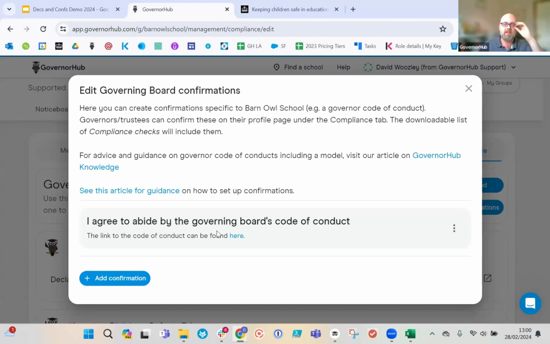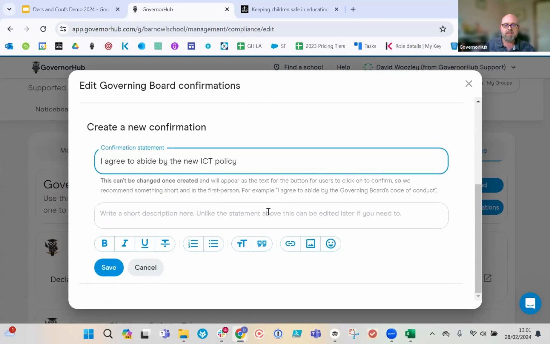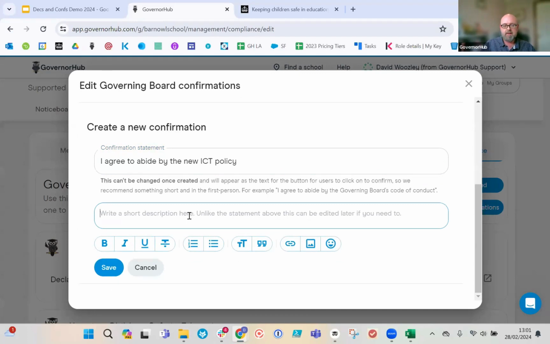Let's say you've got something else to set up. Let's say Barn Owl School has implemented a new ICT policy for governors. So it might be handy to ask them to sign that off at the start of the year. So I agree to abide by the new ICT policy. Okay, a bit vague, but we'll put that in there. ICT policy